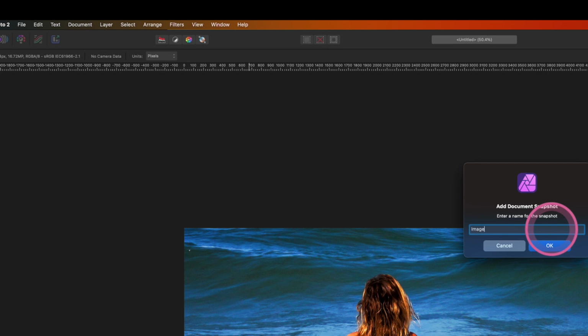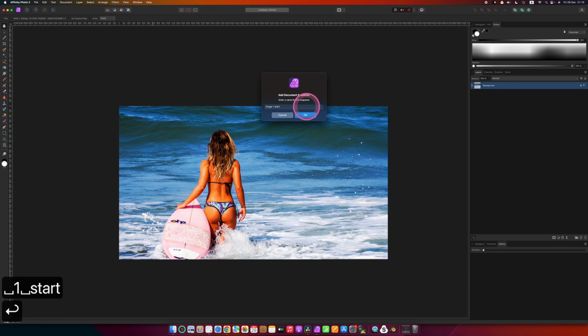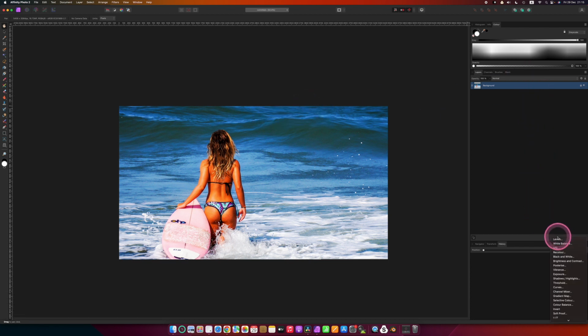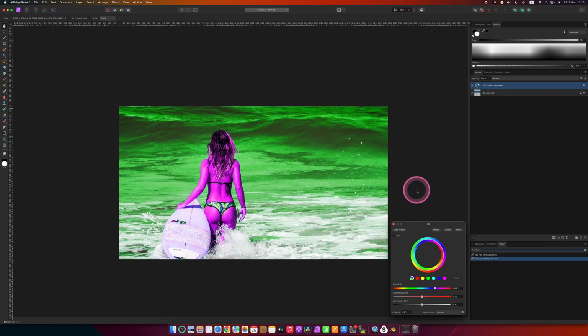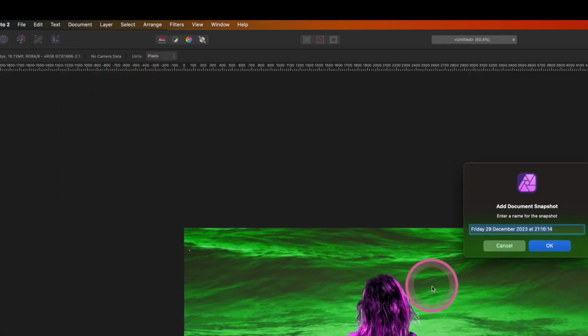Image 1 Start, as an example. Now, any changes I make from here, I can do that real quick. Adding an HSL adjustment by changing some features here and going to Document, Add Snapshot, and typing in image 1